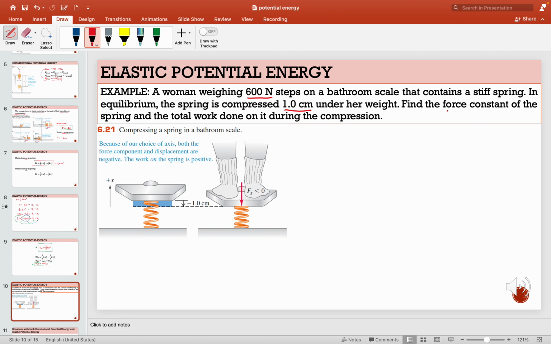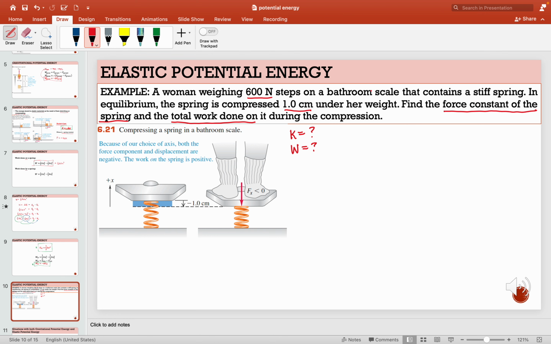So we need to find the force constant of the spring, which is k, or the spring constant, and also the total work done on it during the compression. So we need to find these two variables: the first one is the spring constant, and the second one is the work done. Okay, so